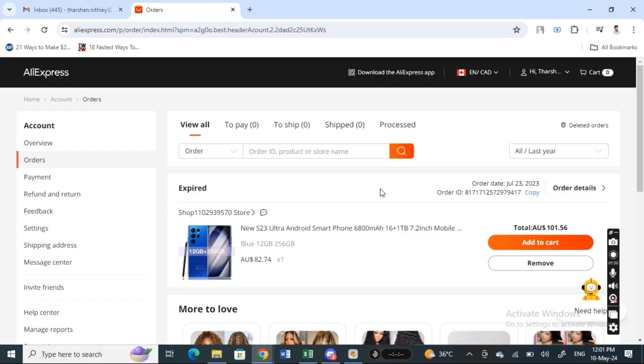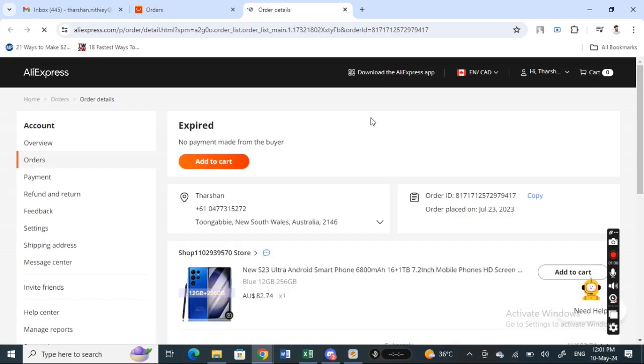So for example here I just have one order, I will use this as an example, and then you will see order details option here. So simply click on that order details option. Once you click on the order details option, if this order has been shipped to you, you will see the download invoice option here. So simply click on it and that will open up the invoice for you, and that's how you access the